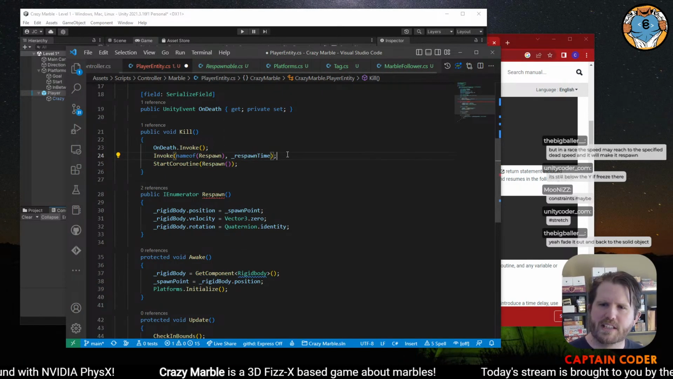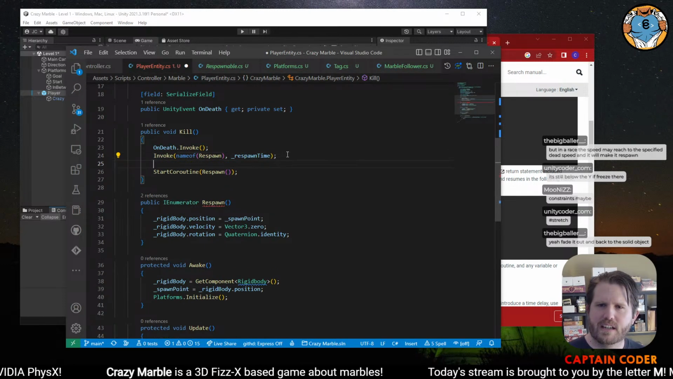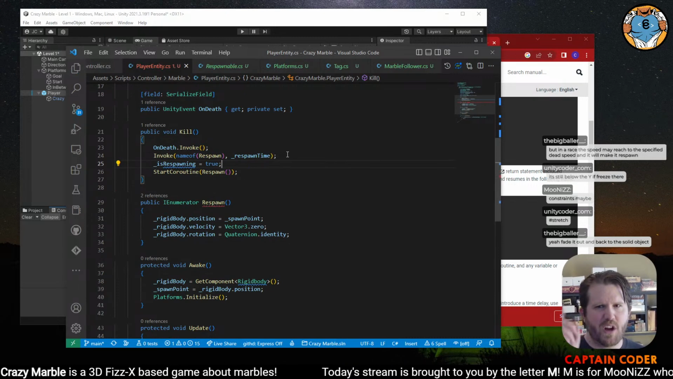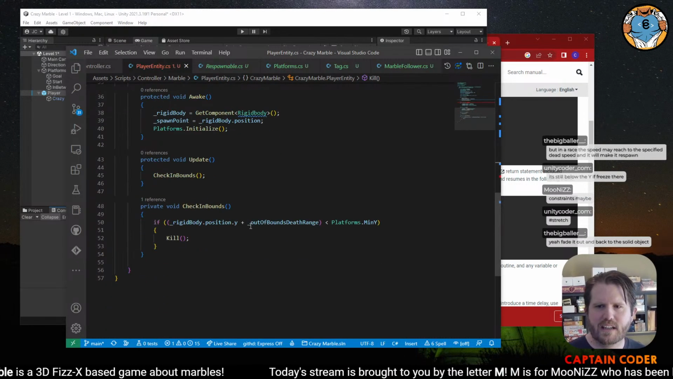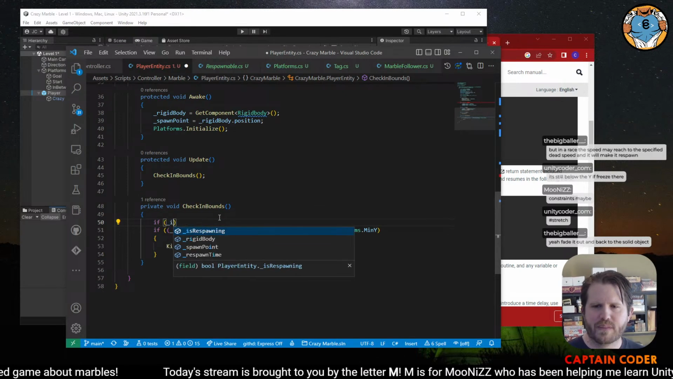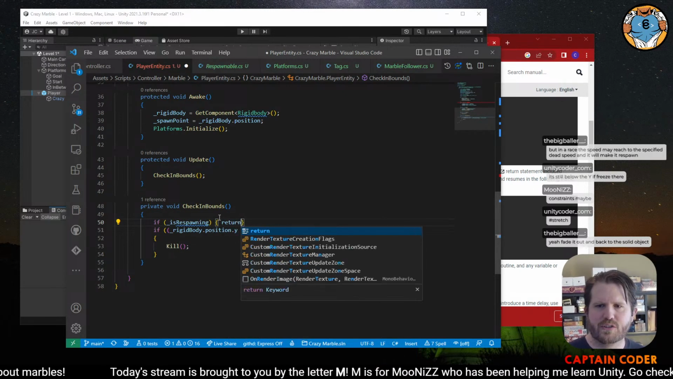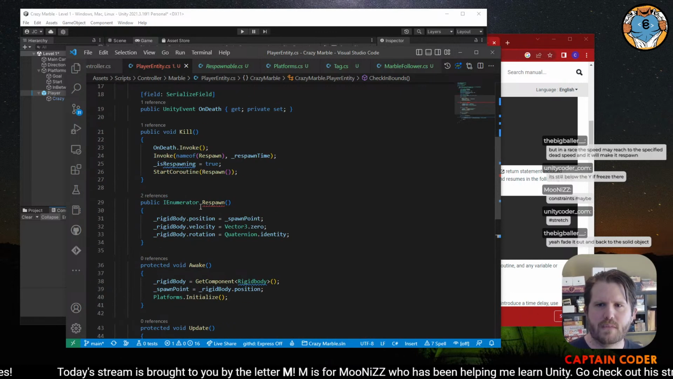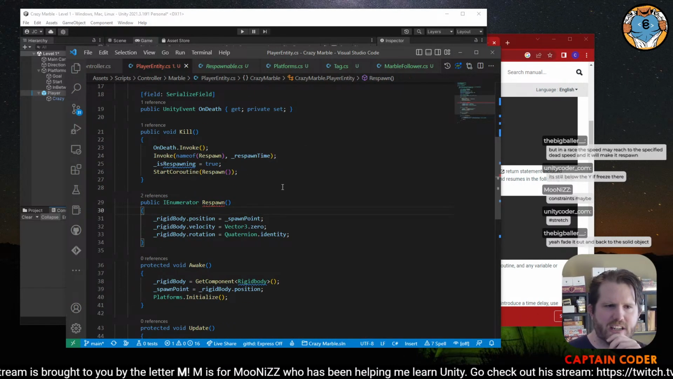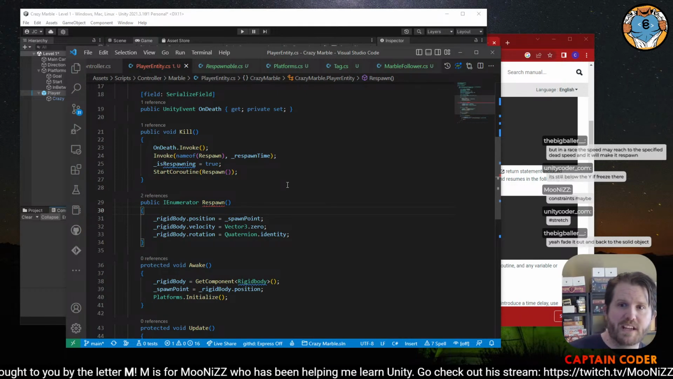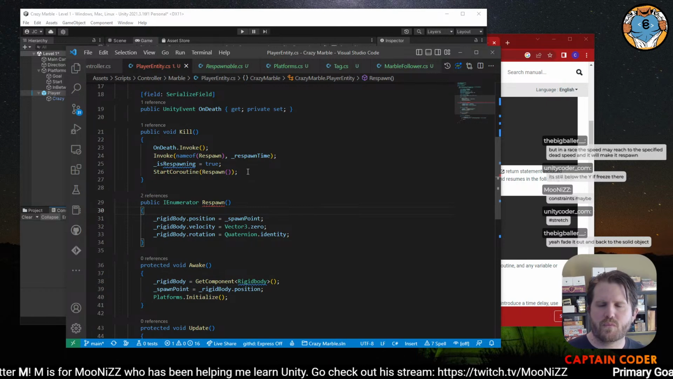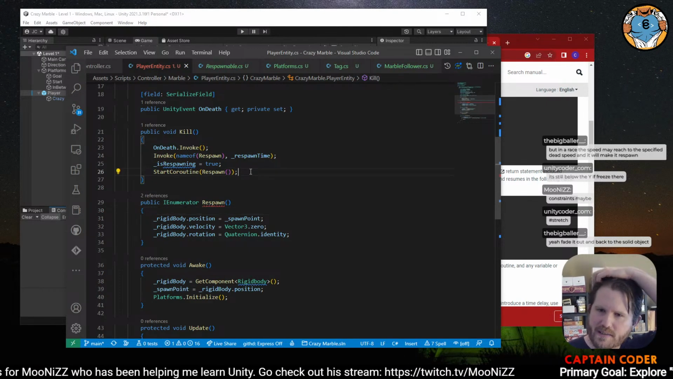Okay, and what we can say is respawning is true. So if we are respawning, we're not going to do this. In check in bounds, say if is respawning, do nothing. So we are going to add in this little bit of state to track that. We're going to start a coroutine here. And when we respawn,